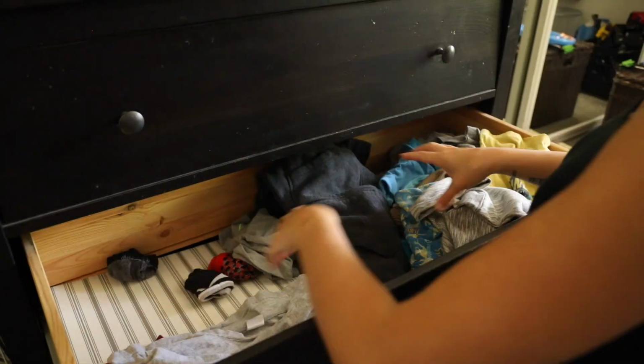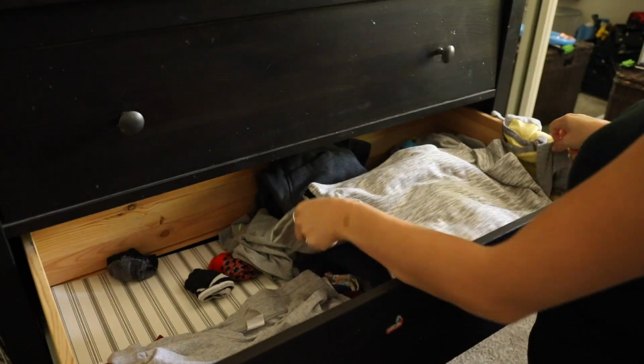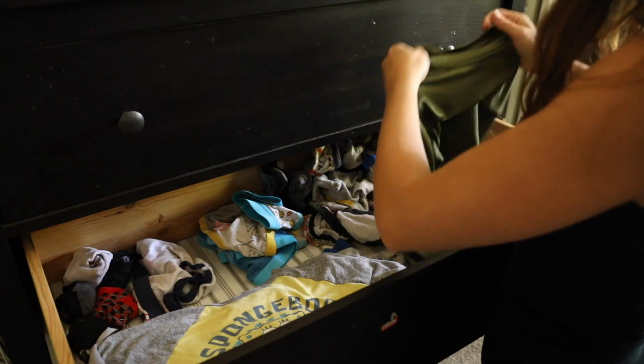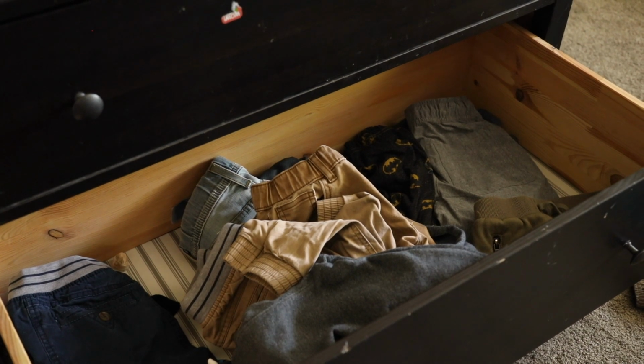As you can see, this is Oliver's drawer, and he dresses himself mostly by himself, but you can see that he pushes everything around to try to find what he's looking for. So it's a work in progress, and we're learning, but I come in and reorganize and try to put things